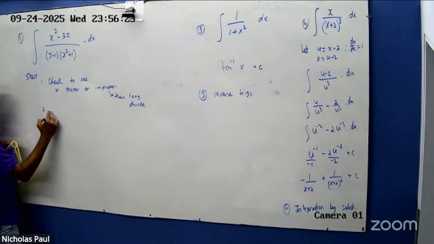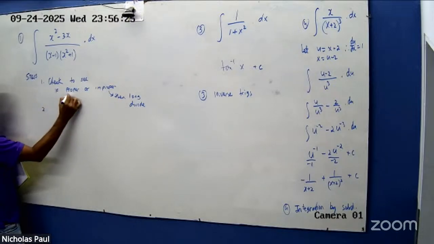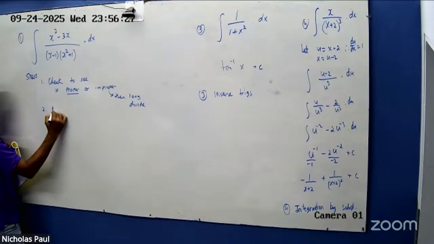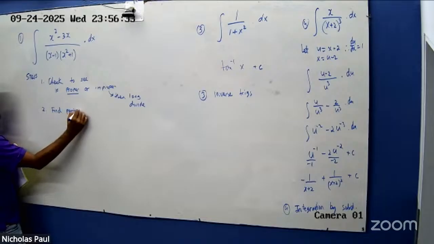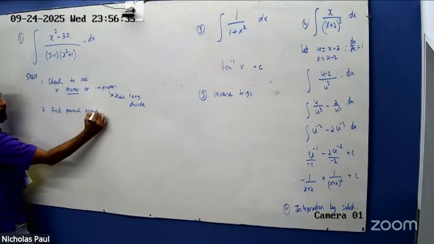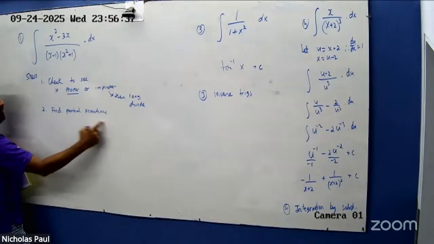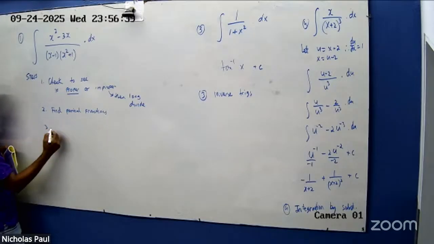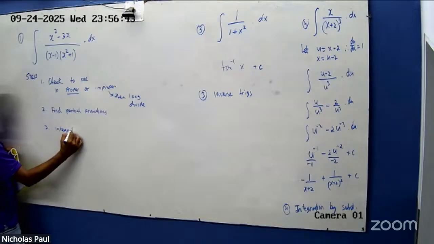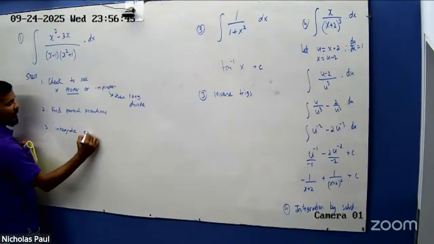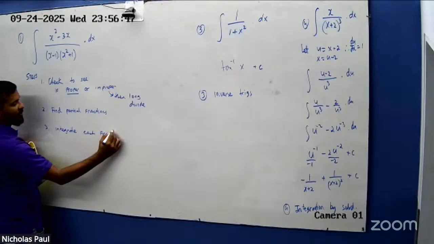After you make sure it's proper, find the partial fractions. After you find the partial fractions, your third step is to integrate each fraction